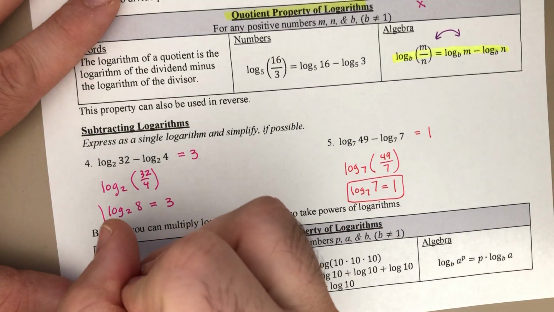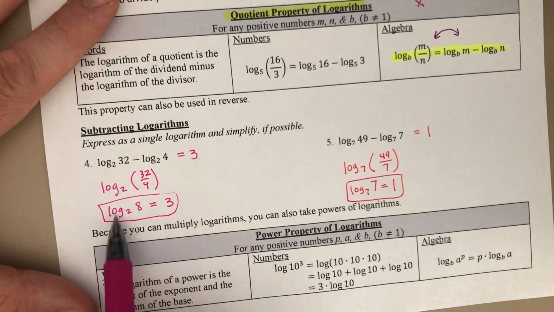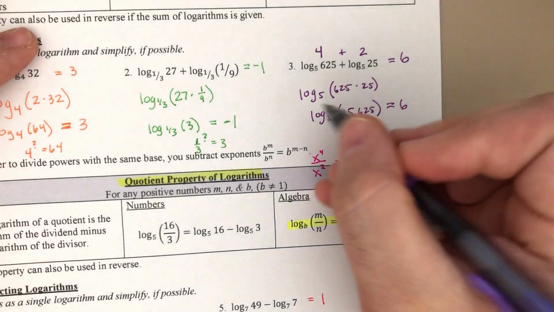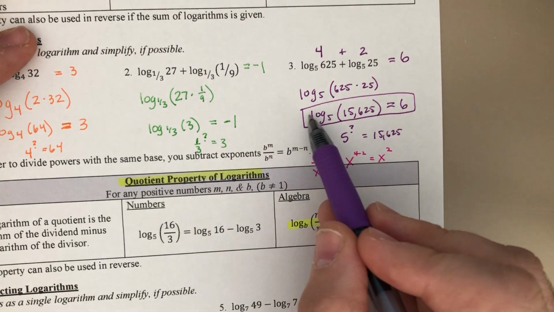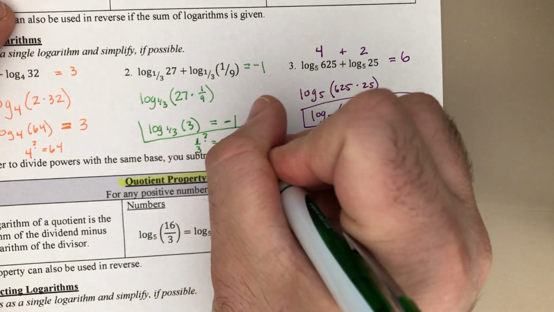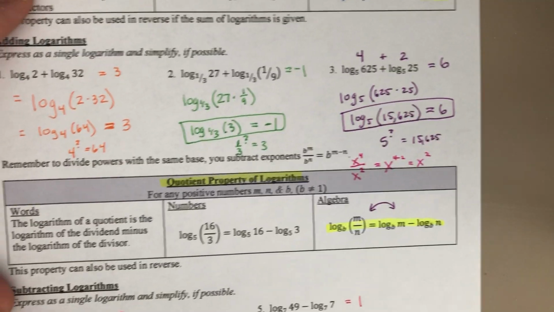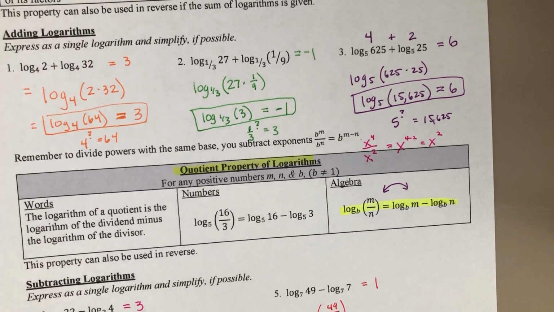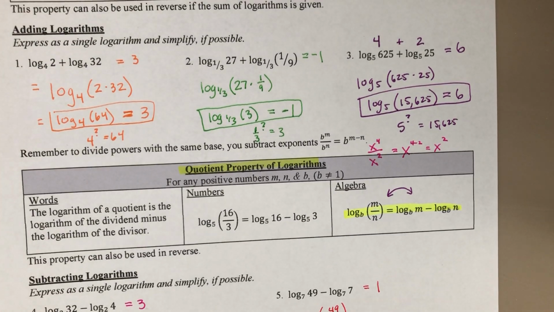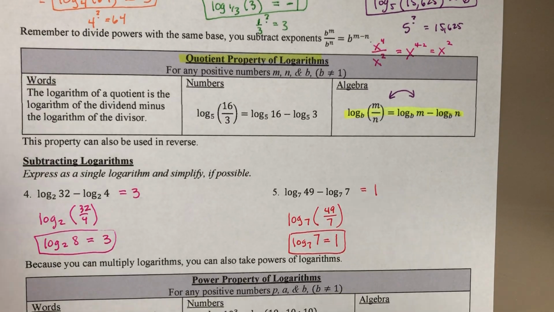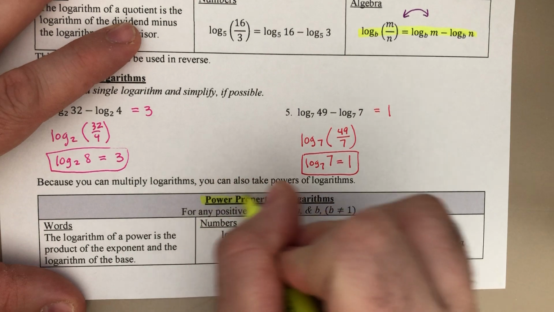All right, so single expression and evaluate. I guess I should have been boxing these. As a single logarithm, there it is. And simplify if possible, there's the 3. If I go back up to these ones, the same idea. We wanted to get to this point: single logarithm simplified. Let's see. The back side. We got time. Let's go ahead and do the next one, and then we'll save the other two for another video. So the next one is the power property of logarithms,